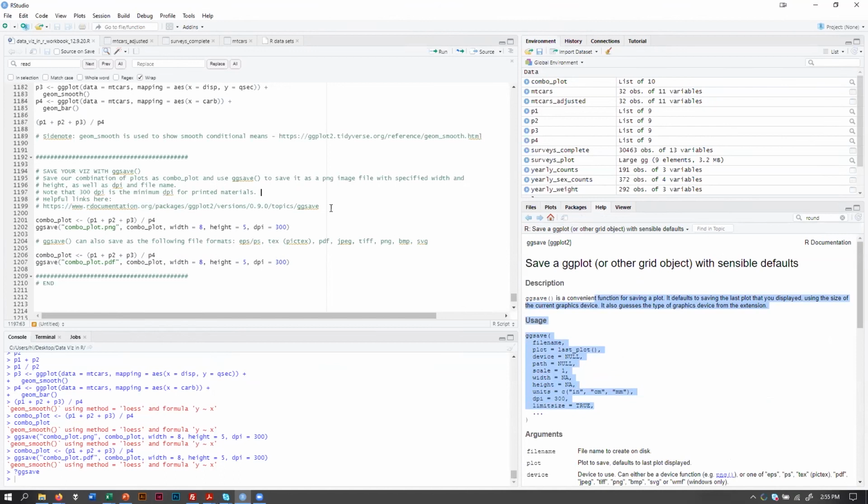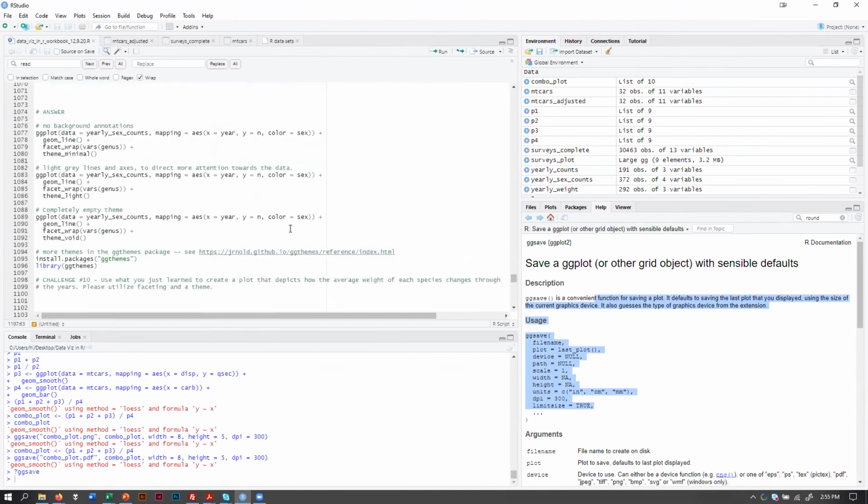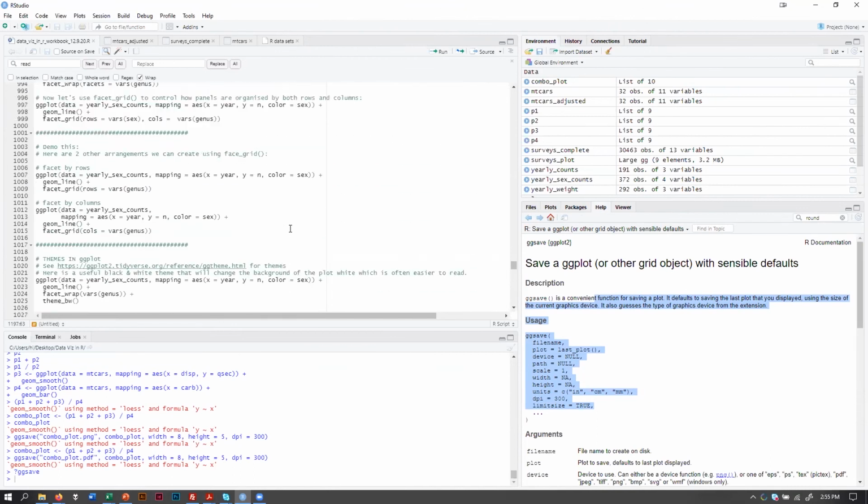So I think that's about it. I know this was a ton of information. I wish I had more time to help each one of you out, but I hope you got something out of this and you're maybe a little bit more confident in creating some visualizations in R. Feel free to reach out to me through email if you have more questions or you want more resources.